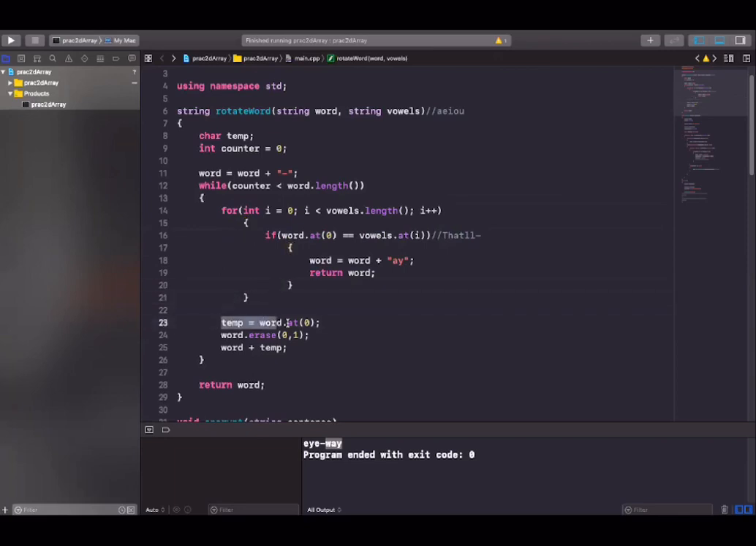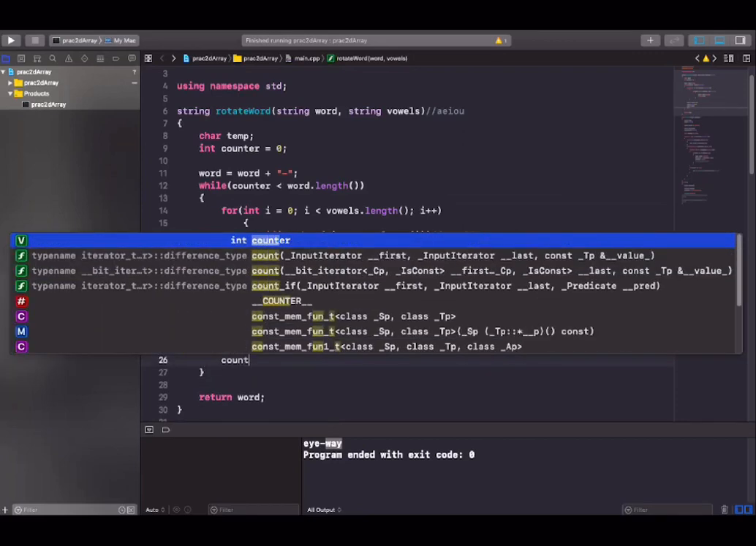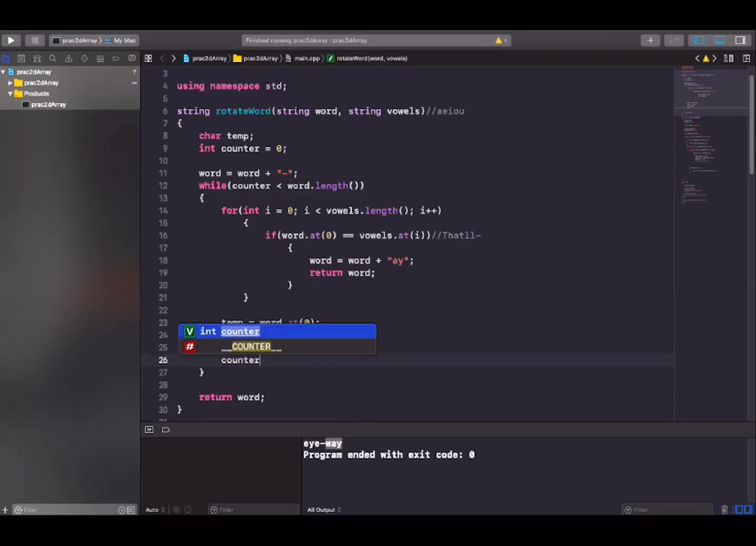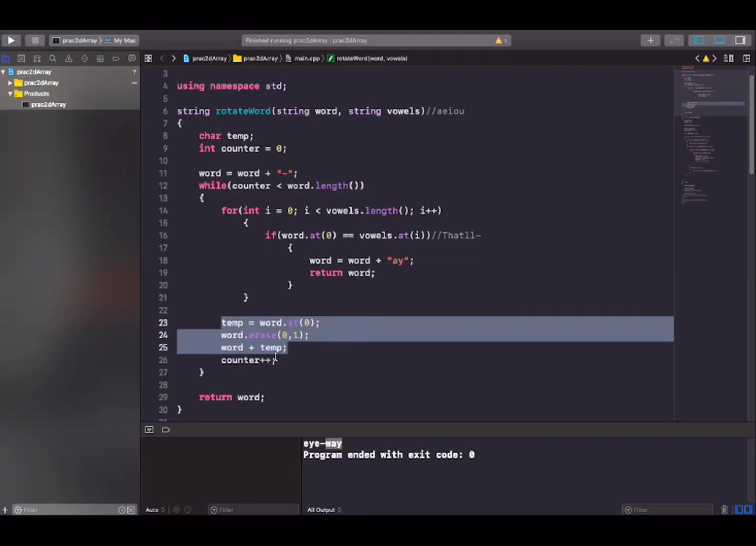Okay, then it stores the first character in temp. It then erases the first alphabet, which we stored in temp, right? So we just erase it and then add it to the back. That's a way of rotating. And then we want to say counter plus plus, right? So every time I increase counter, it means that some rotation had happened. And if we rotate every single character in the word,